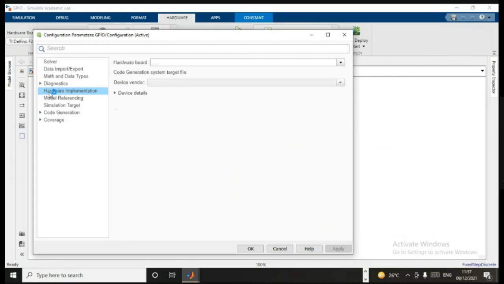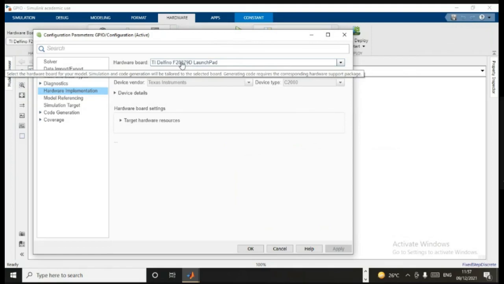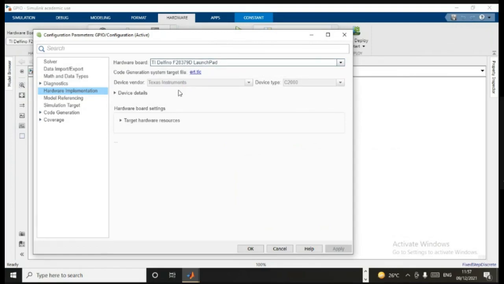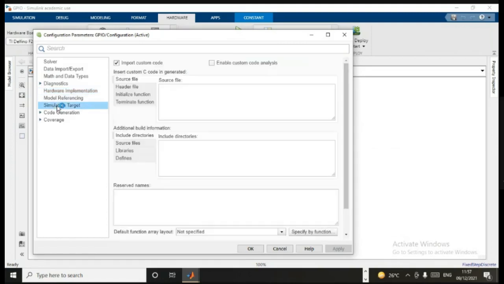If you are going to hardware implementation, you need to select your board. It's working a little slow, please have patience with me. From here you can see I have already selected the TI Delfino F28379D board. You have to select device vendor as Texas Instruments and device type as C2000. And after that,